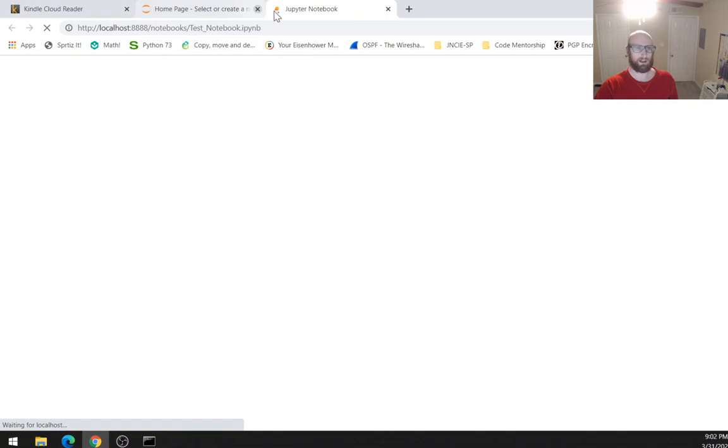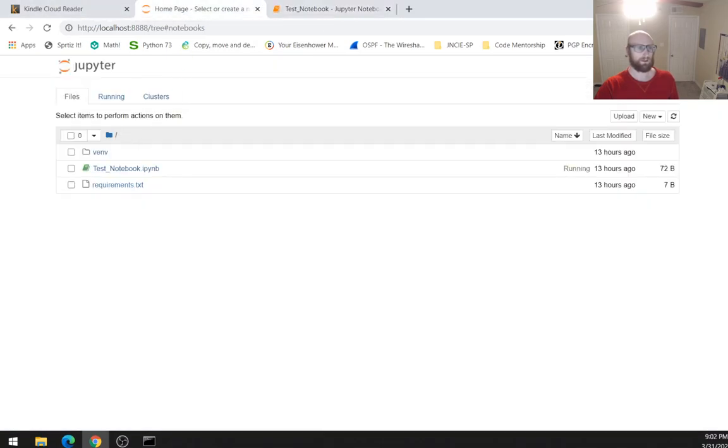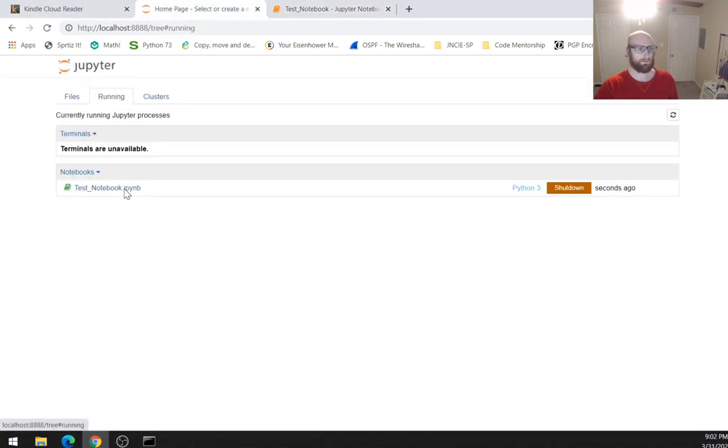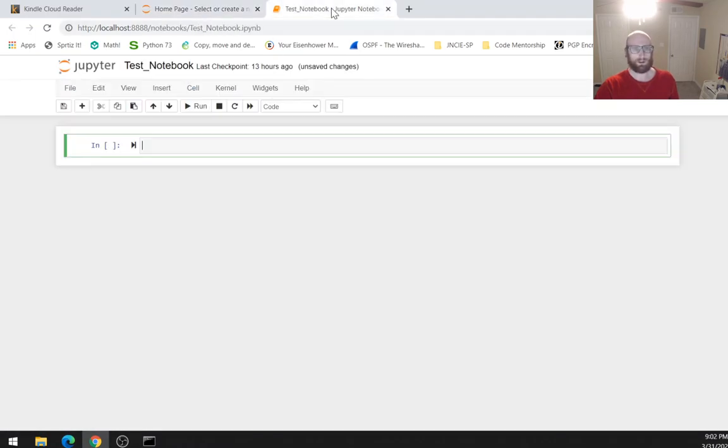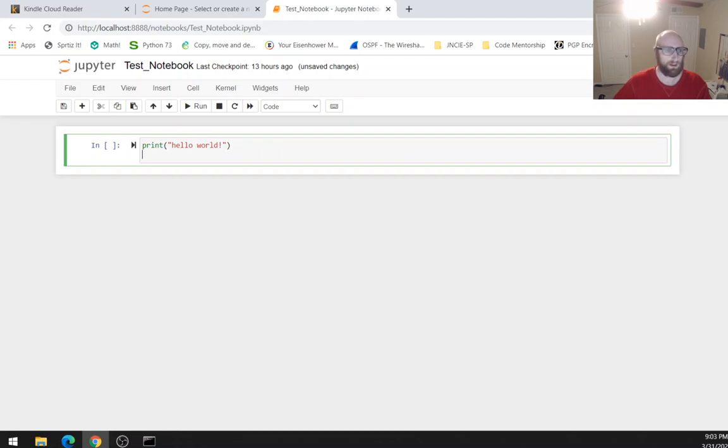Okay, so I clicked on that notebook. It opened in another tab. Now let's go to the running tab, and now I've got a notebook running. So inside a notebook, it's just a Python terminal. So if I do print hello world, and then move my cursor to the end,